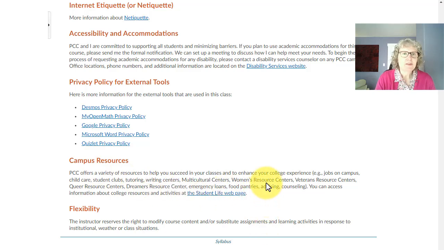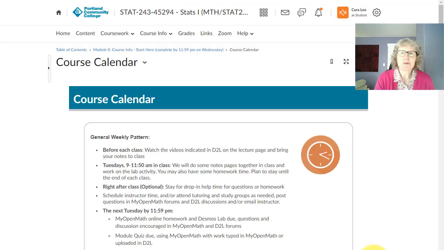Okay. So that is quite a lot on the syllabus. I know it's long. And I'm just going to go to the very top. Well, you'll see at the top and the bottom there are arrows. I don't want to scroll all the way up, so I would have gone up to this arrow. You can navigate this way, or you can go back here to the module that you're in.